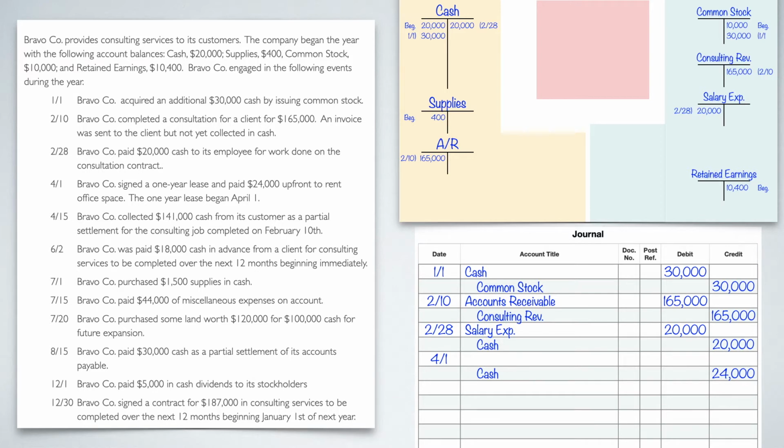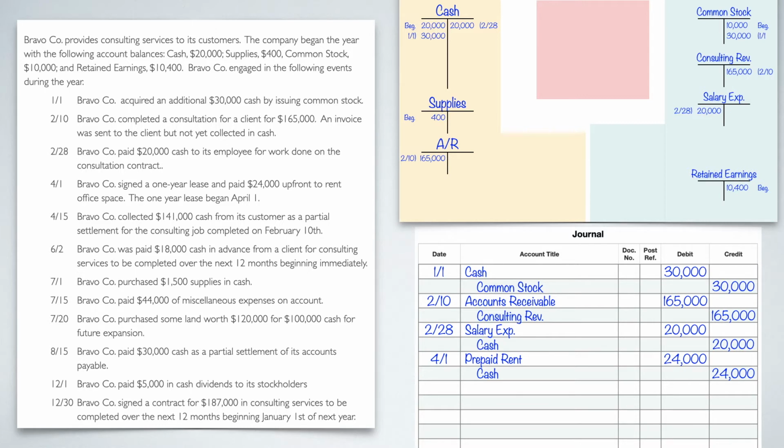What we're doing is we're paying for the right or the ownership to use it. And so therefore, this is going to be an asset, and it's pretty much exactly what it says. This is going to be called a prepaid rent. We prepaid for it up front, and it is specific to rent. A lot of times you'll see these with prepaid insurance or prepaid rent, the most common ones.